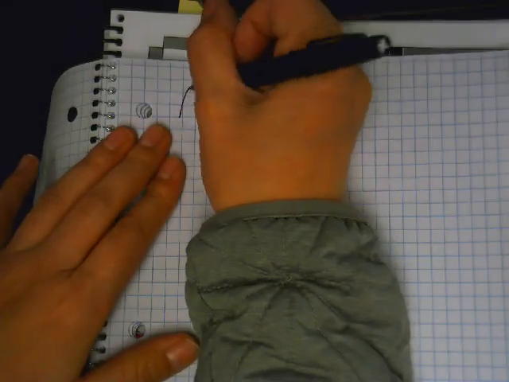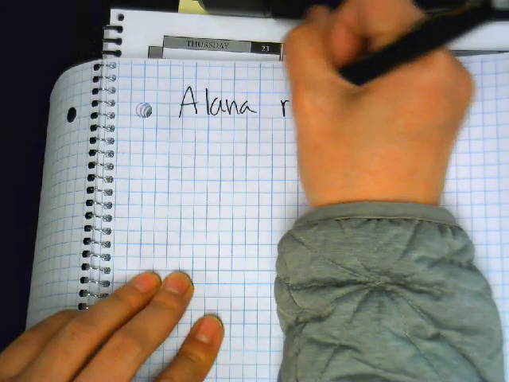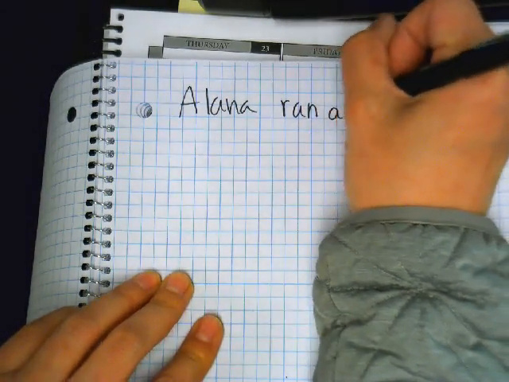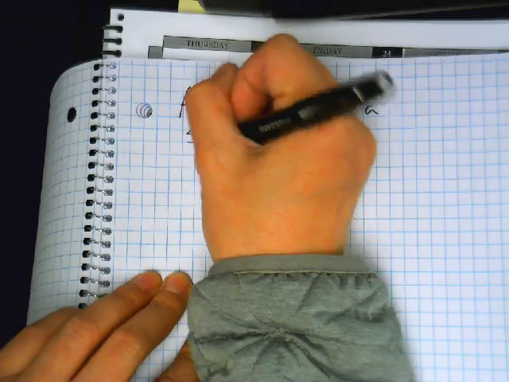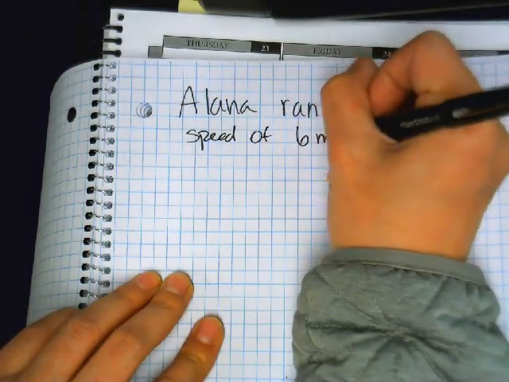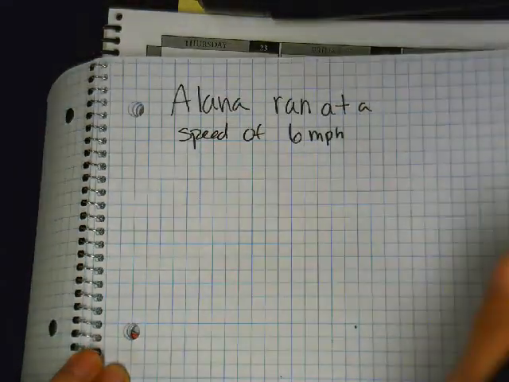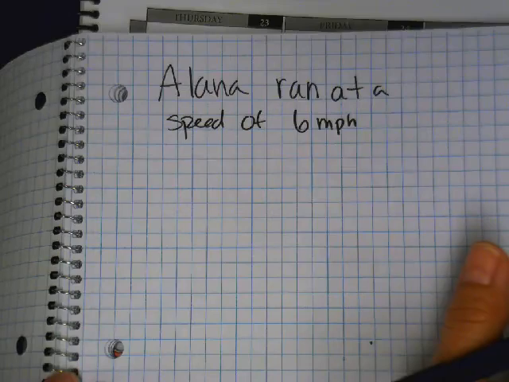Alana ran at a speed of 6 miles per hour, average. So if I give her a whole hour, Alana can run about 6 miles